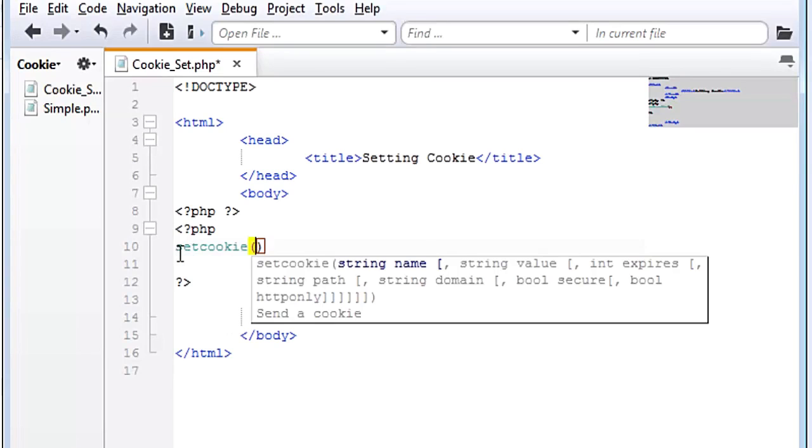And inside it, first of all, you have to give your cookie name. I'm going to give it the name of name, and for content you need to add content as well, and I'm going to give it the content of Jazib to be the name. And the third thing will be the expire time, how much time you want your cookie to stay alive